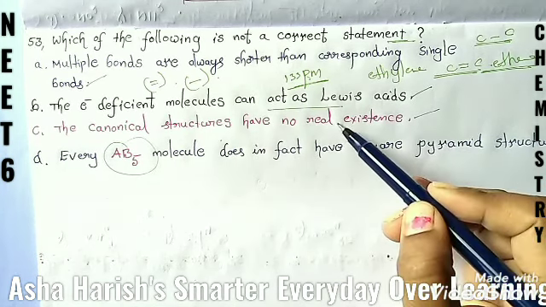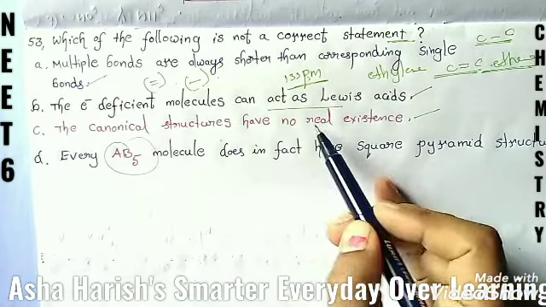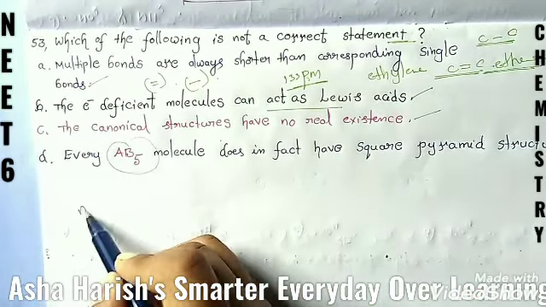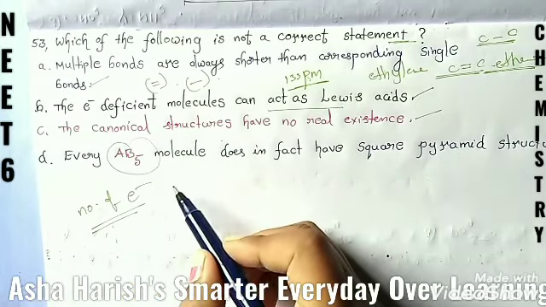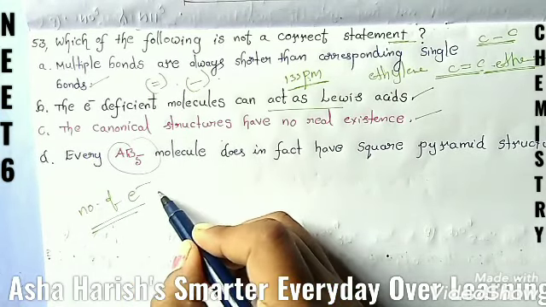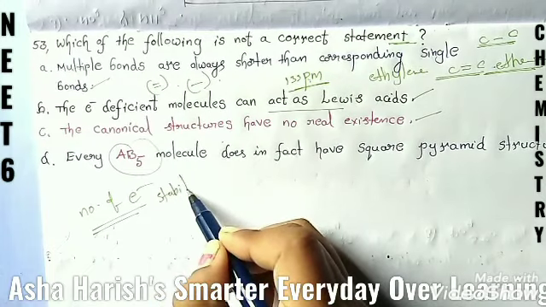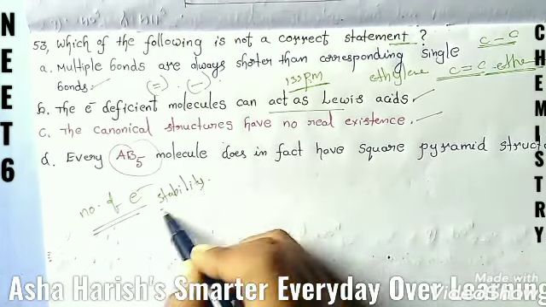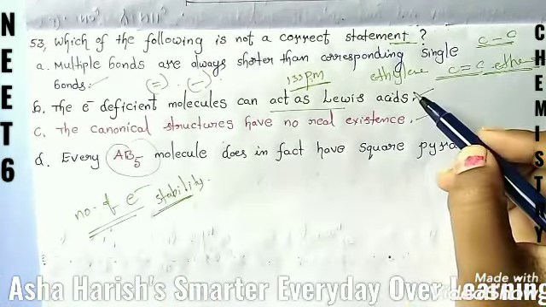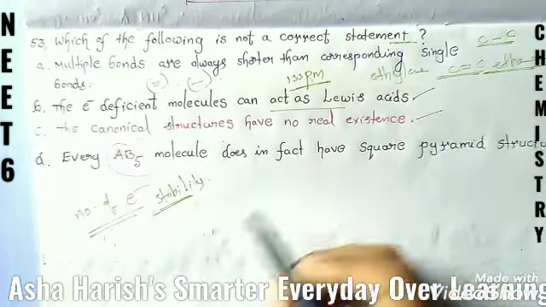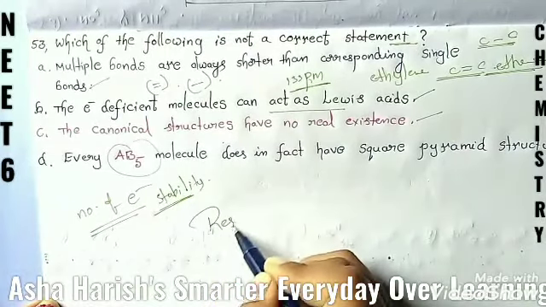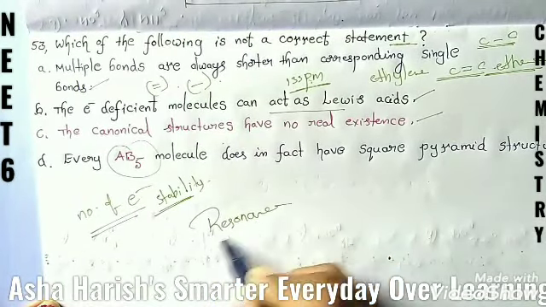It is a term describing atoms or molecules having fewer number of electrons required for maximum stability. Basing upon the maximum stability, then this is the correct one. And option C, in chemistry, resonance, option C completely basing upon resonance.